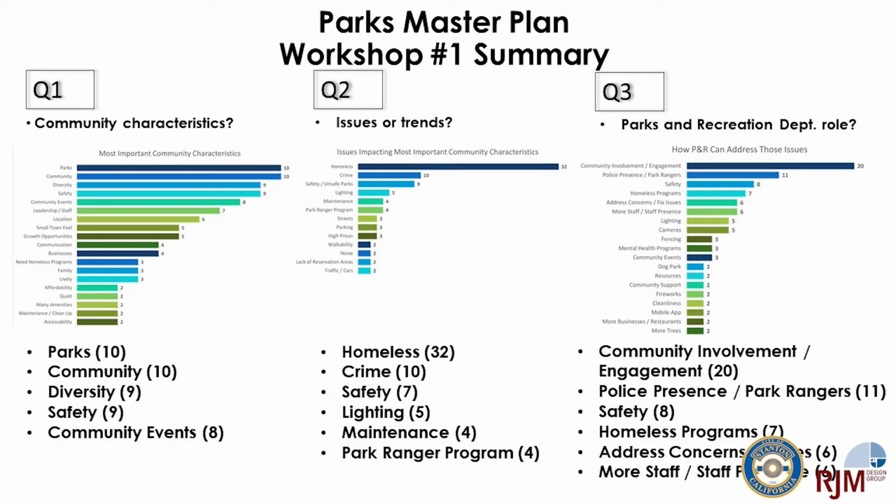Some of the top elements that we'd heard as part of the survey submitted include those community characteristics such as parks, the community itself, diversity, safety, and community events. The issues or trends that might negatively impact those community characteristics were identified as homelessness, perception of crime, safety concerns, lack of lighting, maintenance issues, as well as, in order to help some of those, we also heard developing a